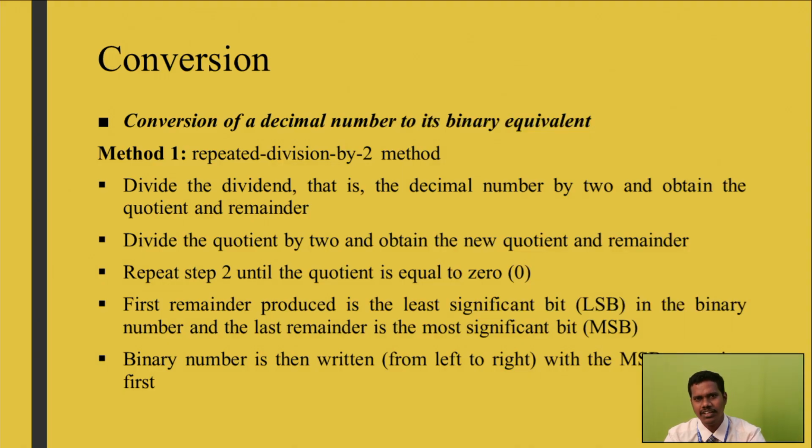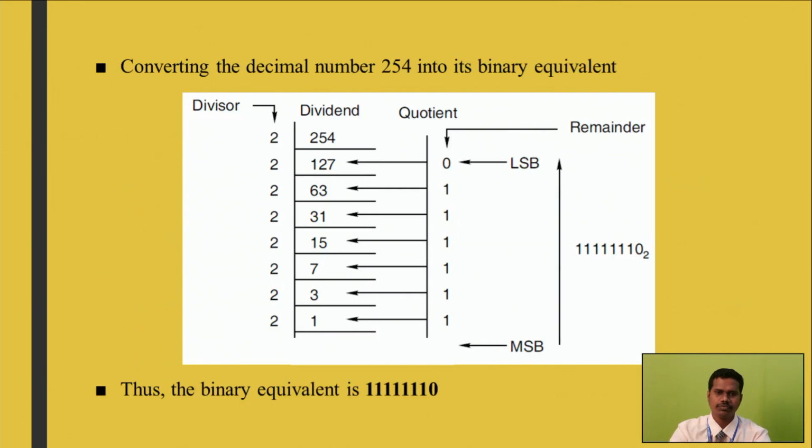So up to that, the division process will be continued repeatedly. Here is an example. We have the number 254, which is in decimal. So 254 will be divided by the number 2. We are mainly using 2 because it represents the binary number system. So 254 divided by 2 gives the quotient value 127 and the remainder will be